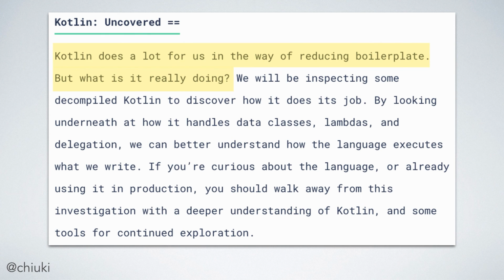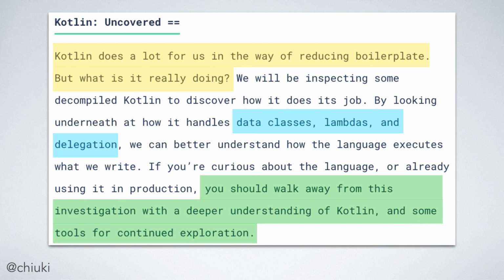First, you have to define the problem. It says Kotlin reduces boilerplate, but what is it really doing? Then you add some meat to your proposal by telling very precisely what you'll be talking about. So she's going to be covering data classes, lambdas, and delegation. And then you wrap it up by explicitly telling people what they are going to walk away with. So in this case, you should walk away from this investigation with a deeper understanding of Kotlin and some tools